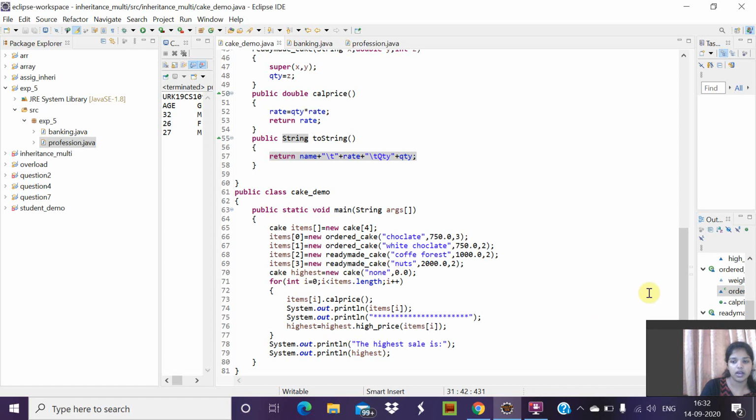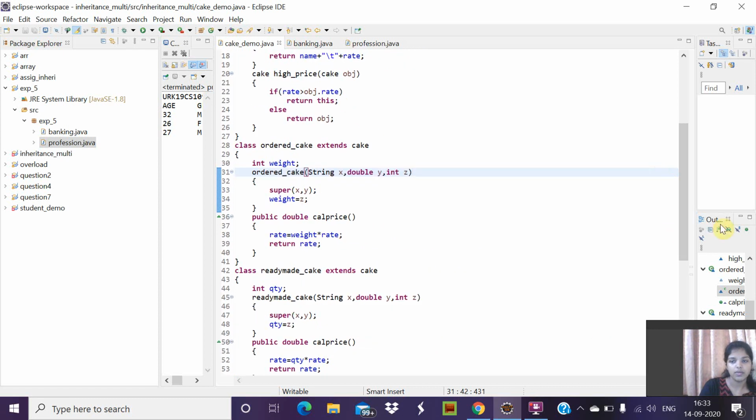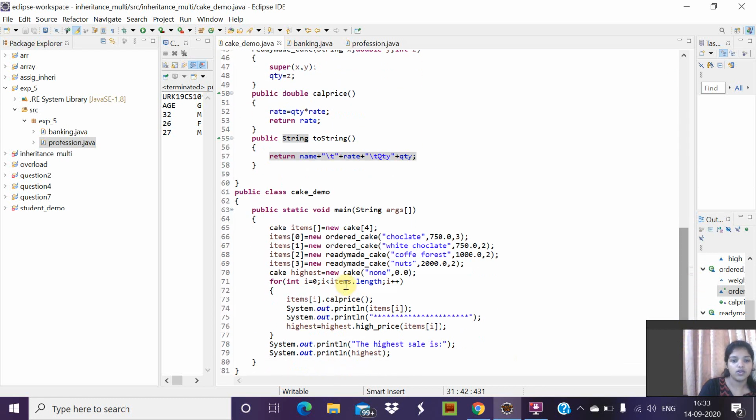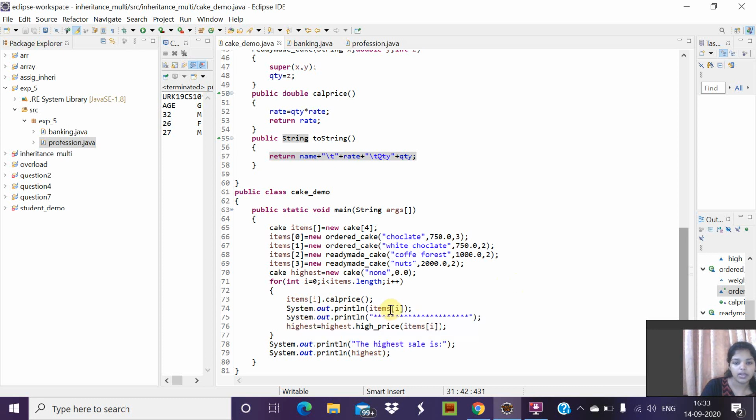Then using a for loop we'll get each array object, that is i equal to 0, i less than items.length, i plus plus, and it will call the function calc price and it will print items of ith position, and then highest equals highest.high_price(items[i]).